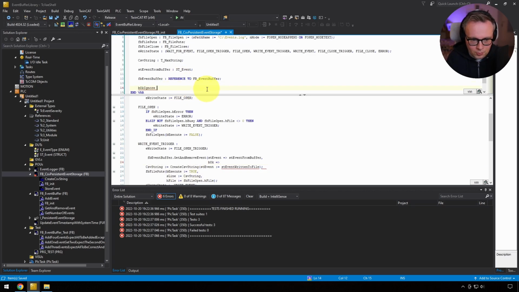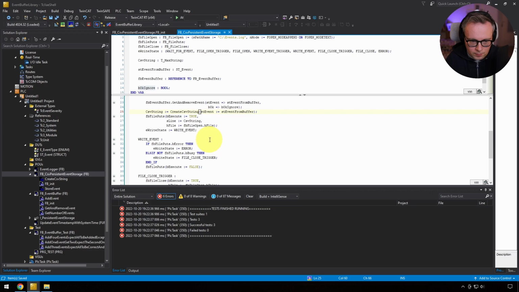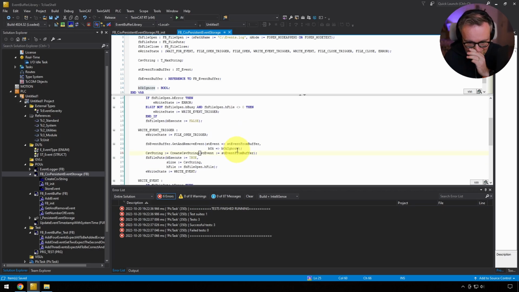Be okay, ignore. And then now, instead of using SD event written to file, which we don't have anymore, we use SD event from buffer. That's what we want to write. So that's it. That's the only difference. We use the data from the buffer instead of the static single event.